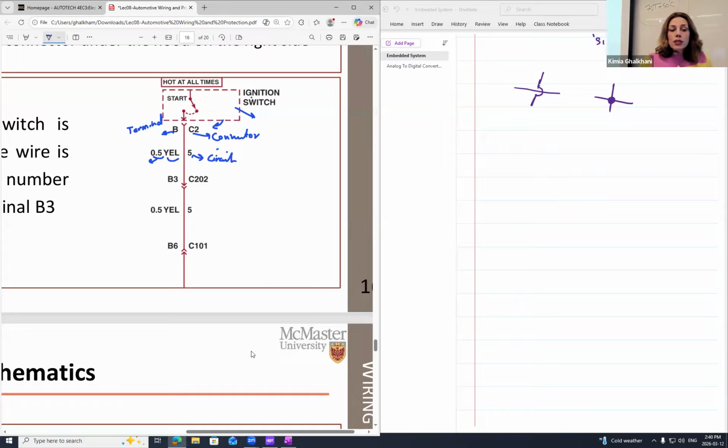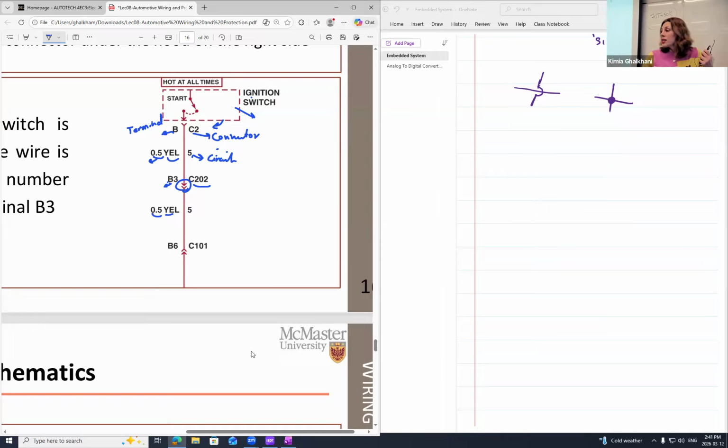And then after that, it's going to terminal B3, connector 202, which means connector 202 is in between B3, which is terminal again, and this is again the connector. Remember I said the connector is like an arrow. This is not the direction of the flow of current. So it means this connector, which is number 202, is connected to terminal B3, and then again the